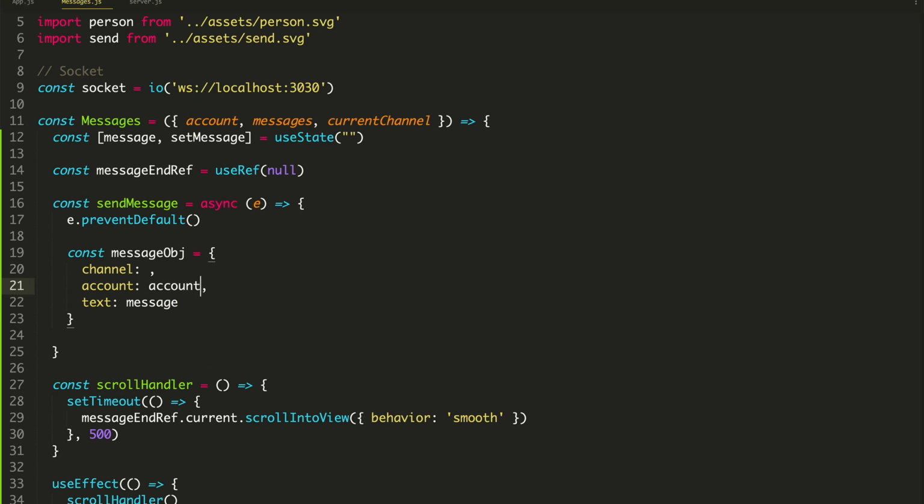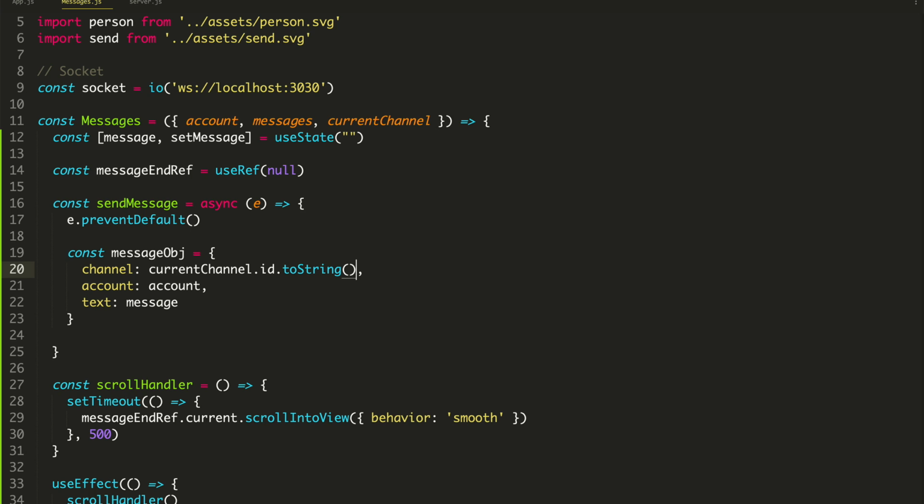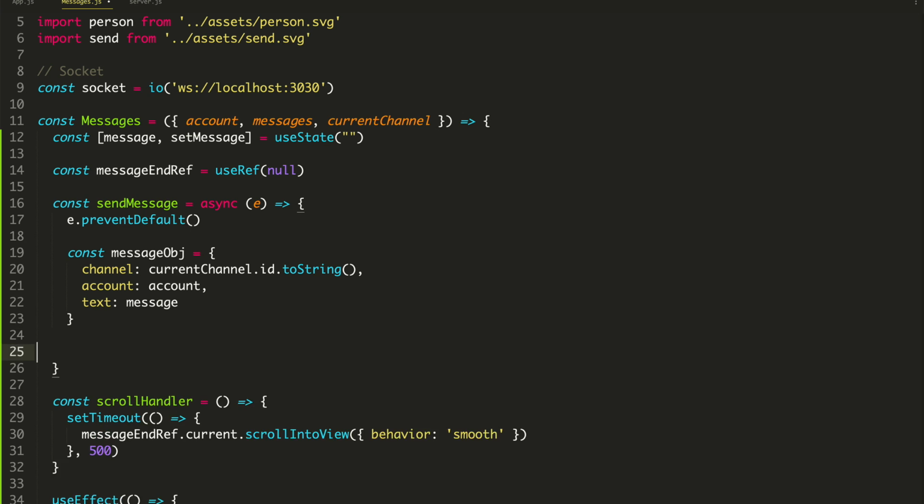Okay, and then the channel is going to be current channel ID to string. All right. And basically, we also want to make sure that the message is valid, that there's actually a message inside of there. So we want to say, well, first of all, let's not do that yet. Basically, what we're going to do at the end of that is just do